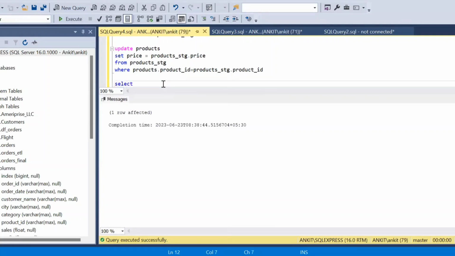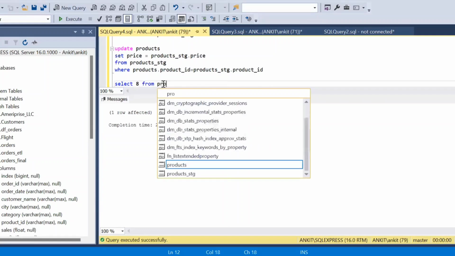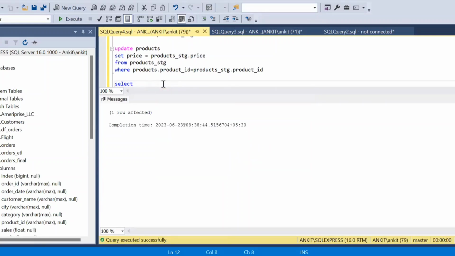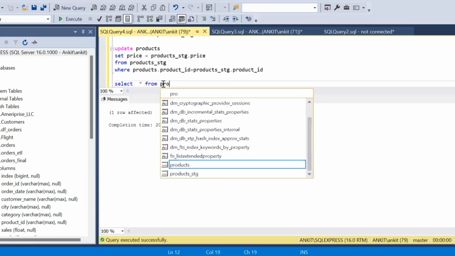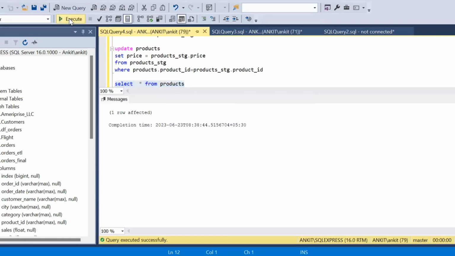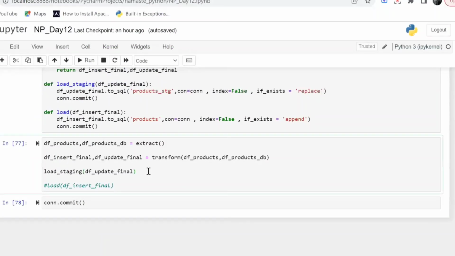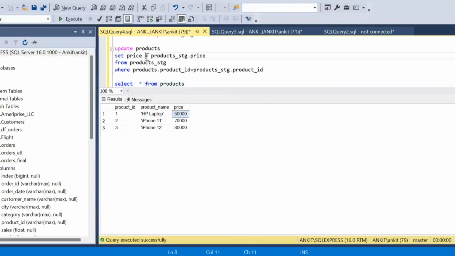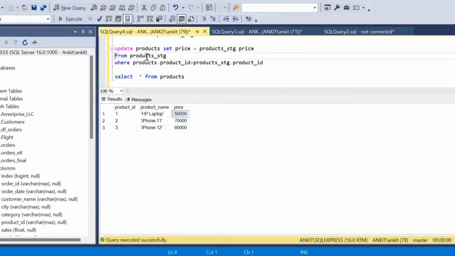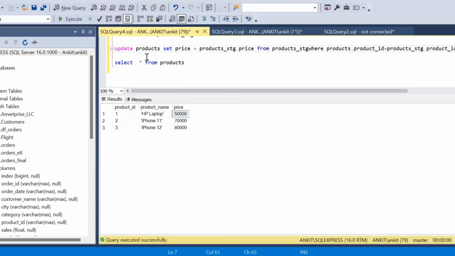Let's check our table again. Let's start from products. Okay, so it is back to 50,000. Now we have to do it through Python. Okay, so one thing is clear, we have got the table. Now what I have to write, I have to run this command basically. Update products, right? Set this. This is the exact command I want to run. Now for the exact command that you want to run, you have to use